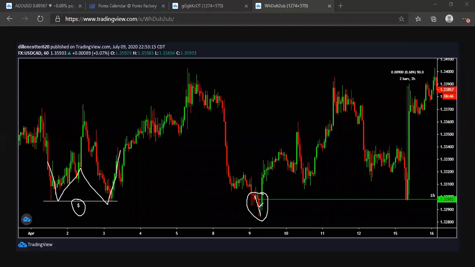And then we need to see that aggressive impulse up, letting us know that a possible change in sentiment has occurred. So what we would wait for after seeing that liquidity has been captured in the form of equal lows, we would wait for price to